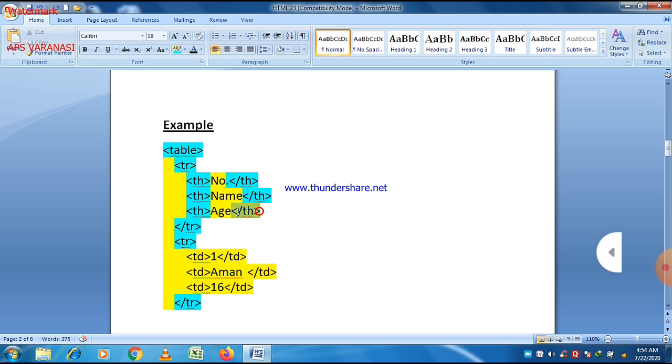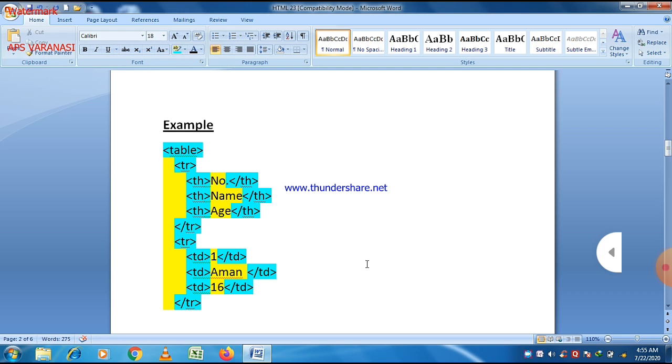The headings are number, name and age. These are the headings, and we put data according to those headings. So in the second tr tag we use td in place of th, because we already declared the table heading. You can see td, then close the td, again td, then close the td. And three different pieces of table data are here: 1, Aman and 16, which belong to number, name and age. You can easily see here. And if you want to put more than one row, then you can use another tr tag.